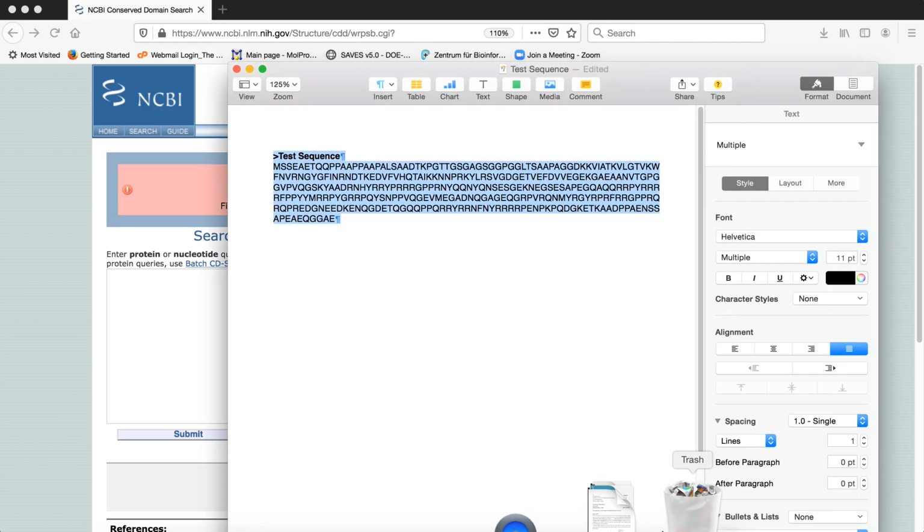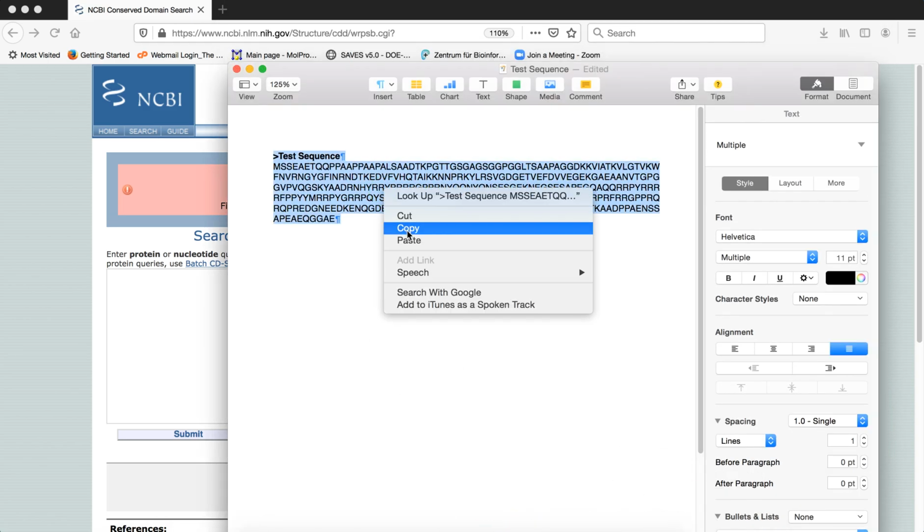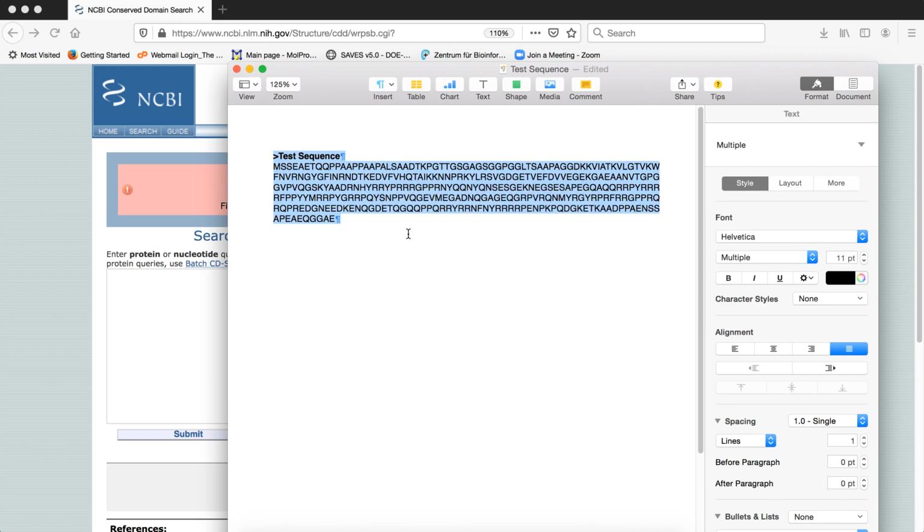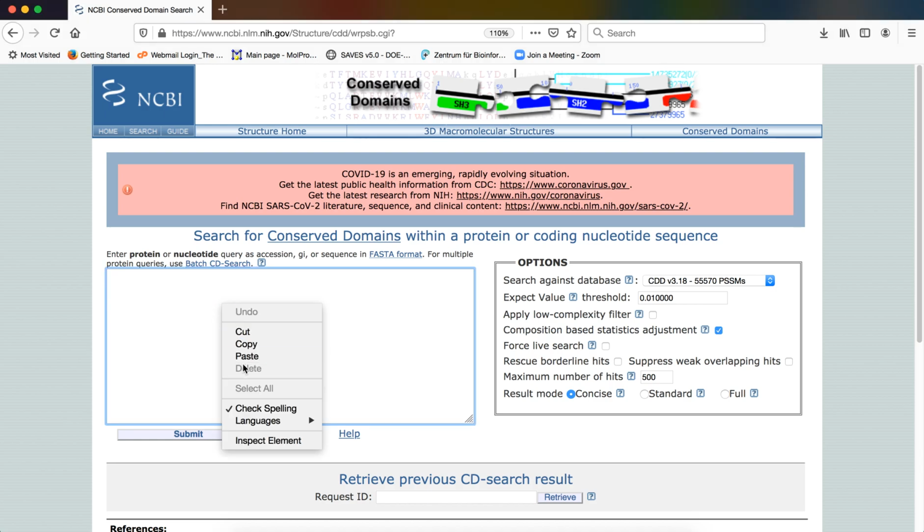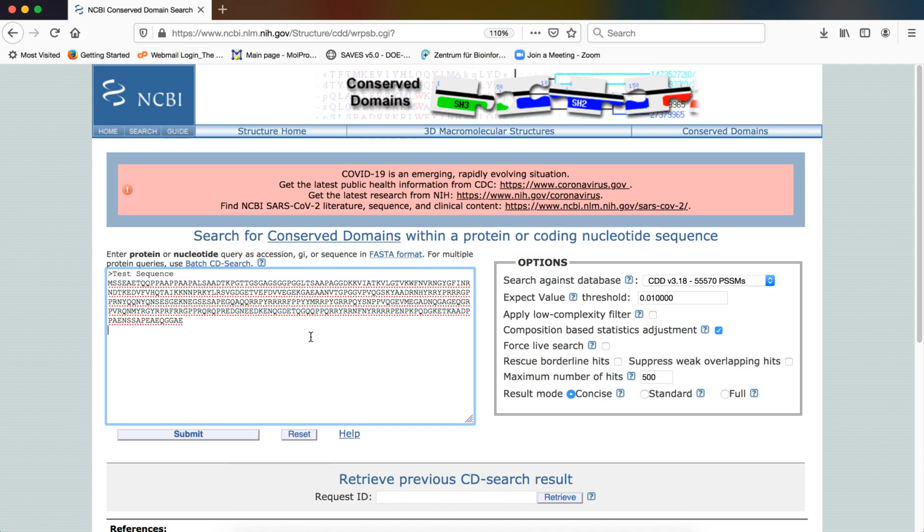So again, we will be using the test sequence that we have been using for our analysis. This is our test sequence, and we will paste it in the corresponding box. It is important to remember that the conserved domain BLAST tool requires the use of the FASTA sequence.